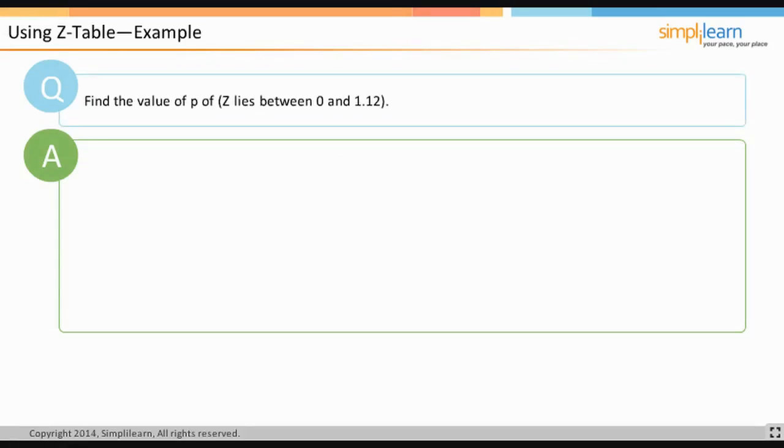Let us find the value of P(Z lies between 0 and 1.12). In this case, where Z falls within an interval, the probability can be read straight off the table. P(Z lies between 0 and 1.12) equals